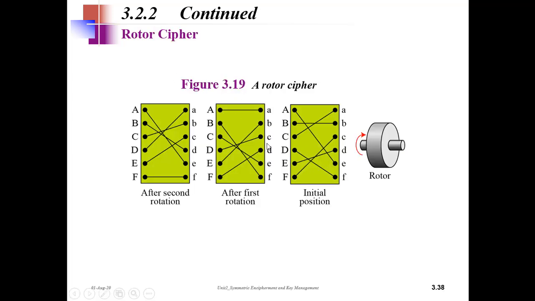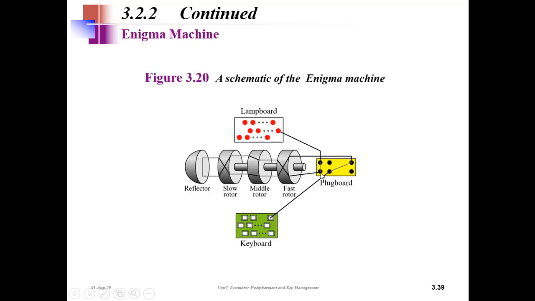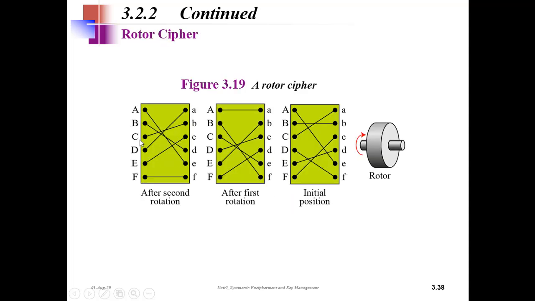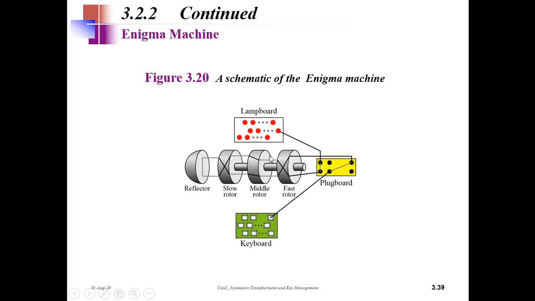Then this is the rotor cipher. This was actually used in the World War by Germany in the reign of Adolf Hitler. They had something called the Enigma machine, and these Enigma machines use the rotor cipher. It has various alphabets, and depending on the rotation, the key was getting changed. Since the key was getting changed, the ciphertext was getting changed. This was used in the World Wars historically.